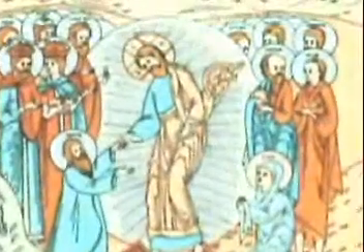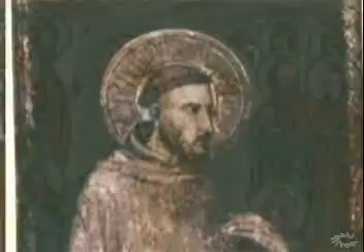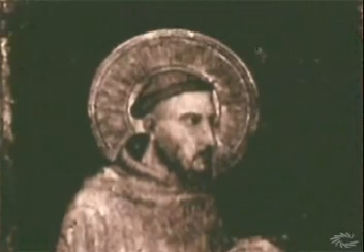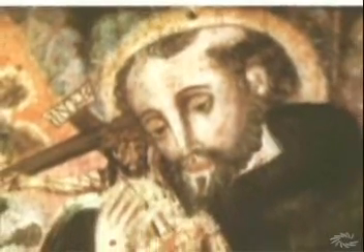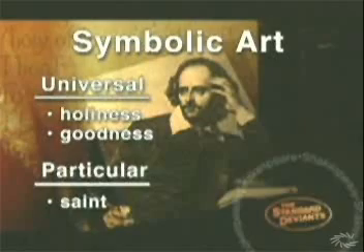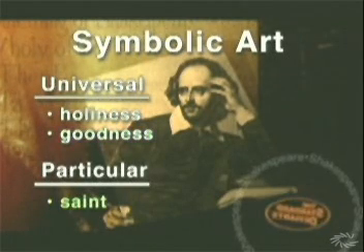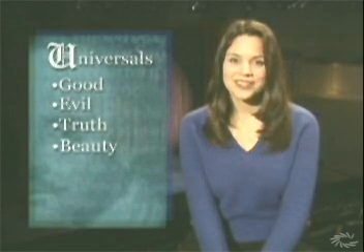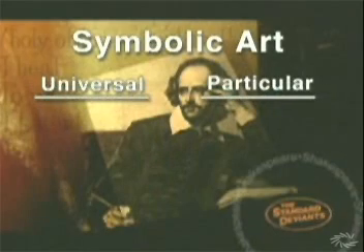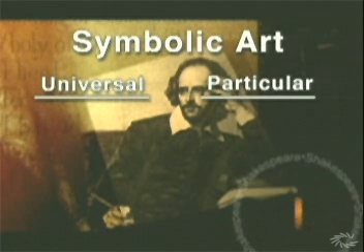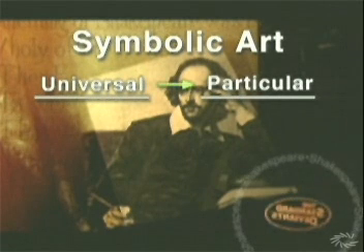You know all those medieval and Renaissance paintings that have the saints with halos? We know we're not supposed to take that gold ring literally and wonder how it stays up behind the person's head. No, we take it figuratively, as a symbol of the saint's holiness. In this case, the universal is holiness or goodness, and the particular is the saint with the halo. In addition to good and evil, other universals are truth, beauty, justice, and purity. Symbolism, in this case, is how universals are presented through particulars.